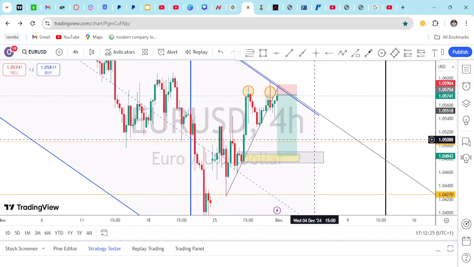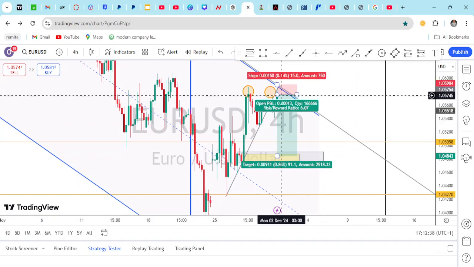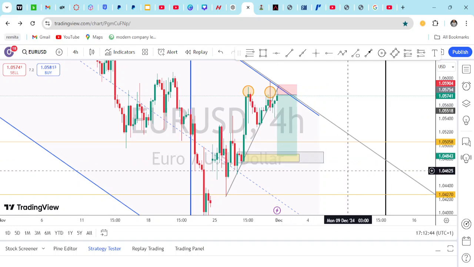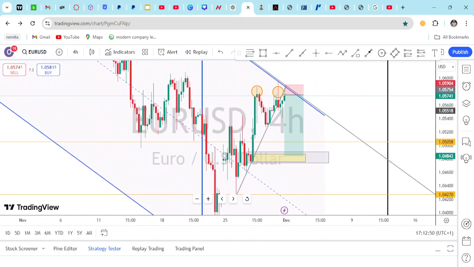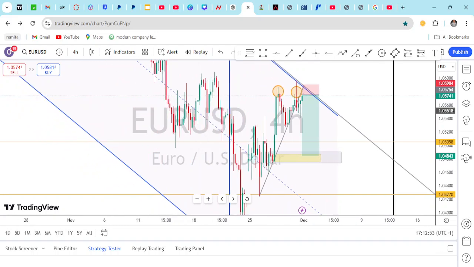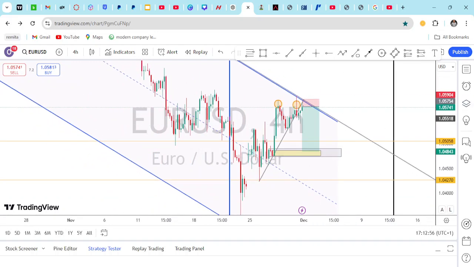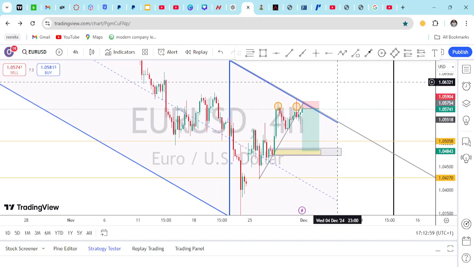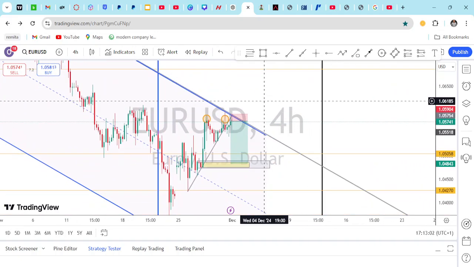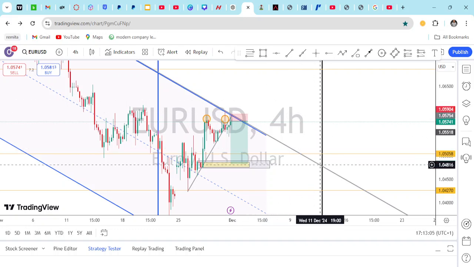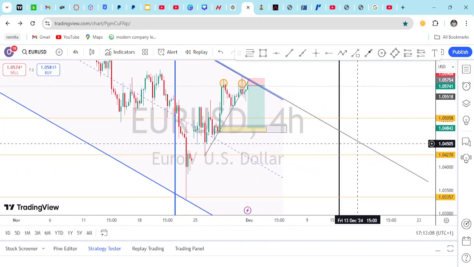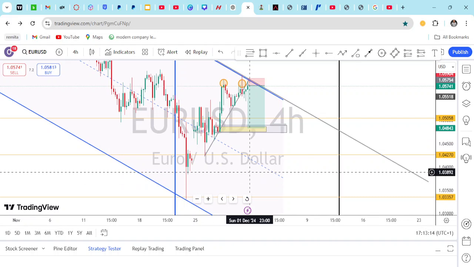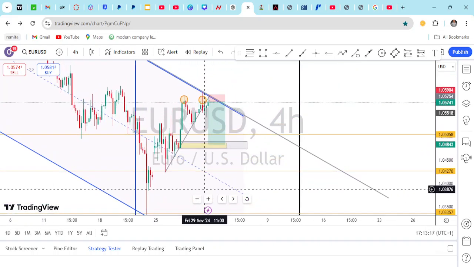If the market fills this imbalance, it will move from this particular place where it is down to this particular place. So this is my outlook, and I believe it will work out exactly as we have said, so that we can cash out from this particular market. And don't forget, guys, we just entered December, and the market is relatively going to be slow because we're pushing the end of the year, so everything is happening slowly. I say so.